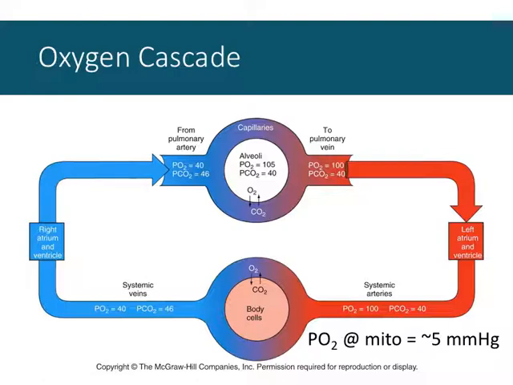So this cascade's at moderate? This cascade would be at moderate. Yeah, I would think this is a moderate type of exercise. And if you believe me that you only extract 75 or 80% of the oxygen from the arterial blood at heavy exercise,